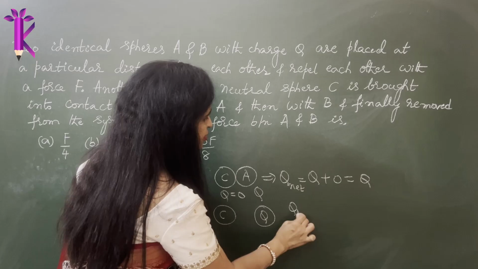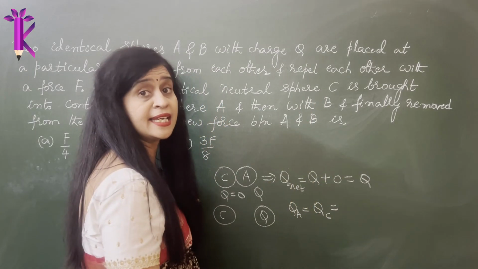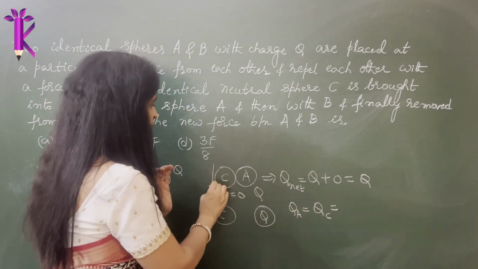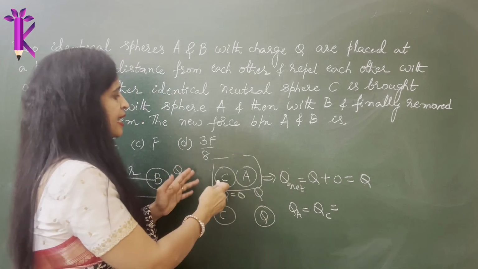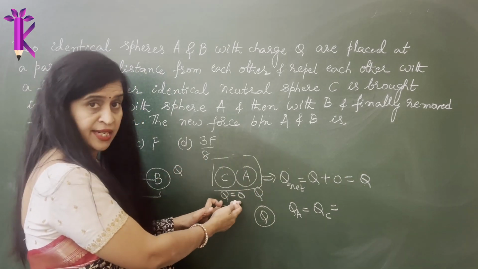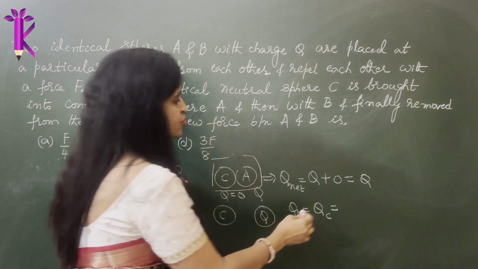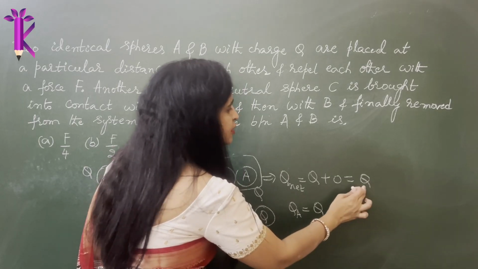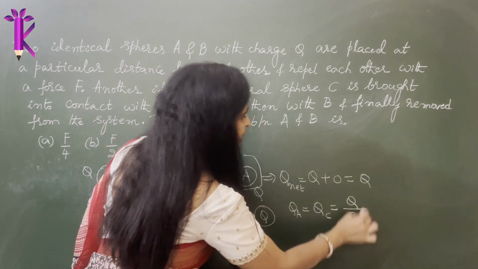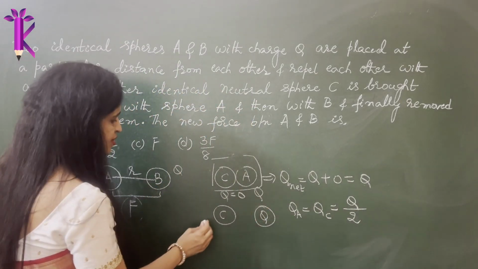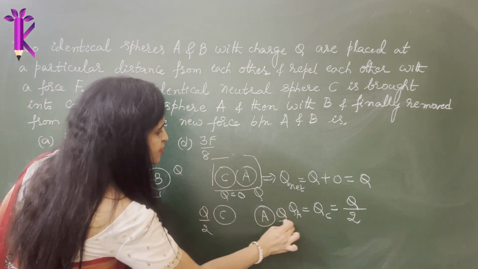So charge on A is no more just Q. Charge on A and charge on C get distributed equally. Q was the net charge on the total system, right? The entire system had a charge Q. Now when you separate them, the sphere which had no charge initially, which is sphere C, will get some charge from A. That is equal distribution. How does equal distribution happen? The total charge on the system of two spheres was Q. Equal distribution, it gets divided into 2. So what is the charge on C now? The charge on C is Q by 2. Similarly, the charge on A is also Q by 2.